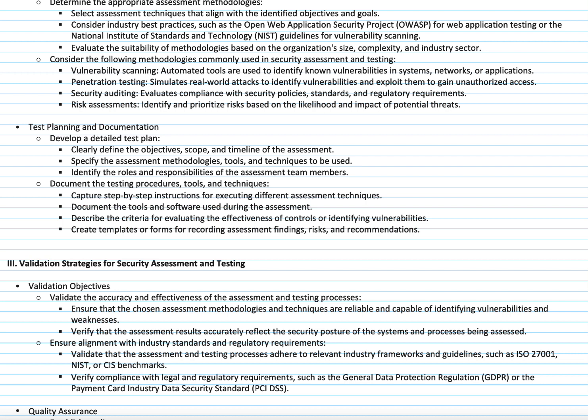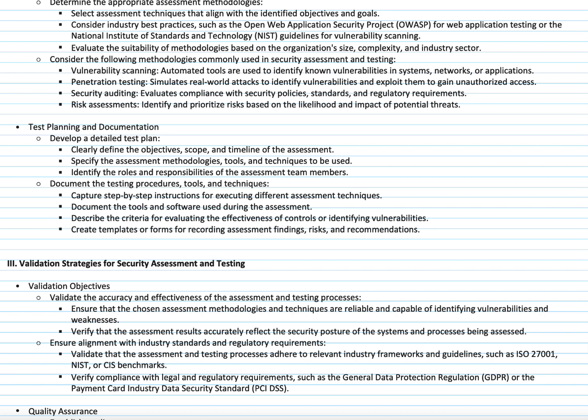Now, the next step you need to do is look at a testing plan and documentation. Now, you need to have a test plan, because if you try to go out there and just start throwing scanners on, you're not going to get out what you really want to achieve in this overall event. You need to be able to have some level of plan around this.